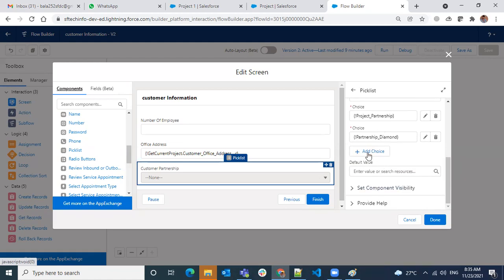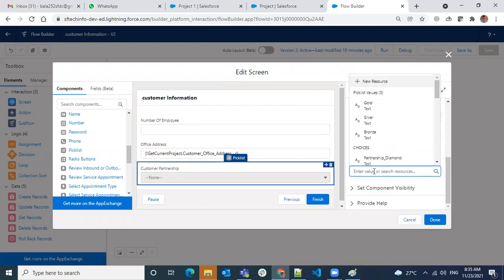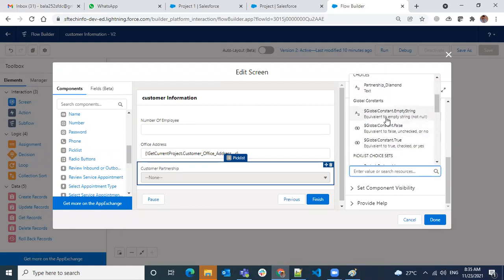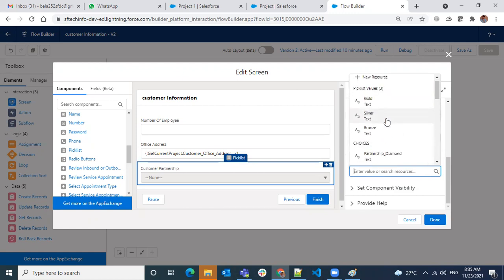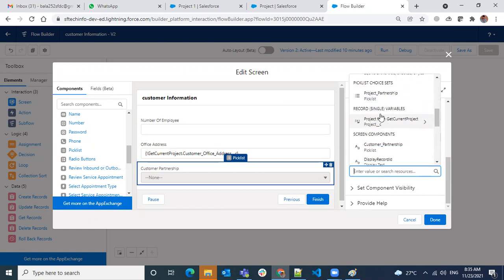Similarly, we can add multiple choices. Like we have three set in the first one, and you have one value in the second one. Similarly, you can add any more. And if you want to give a default value here, yes, the default value will come from the record value. The record is here: Get Current Project.